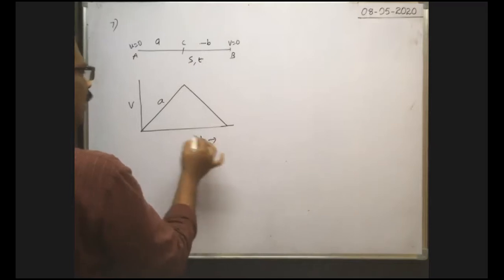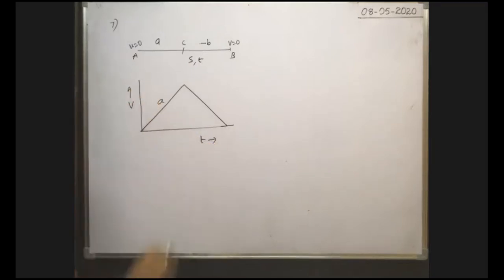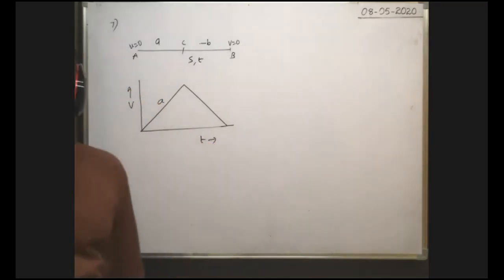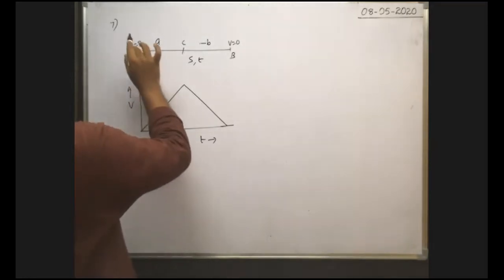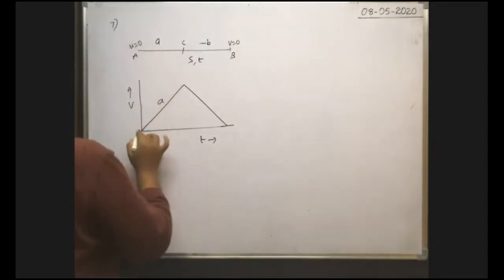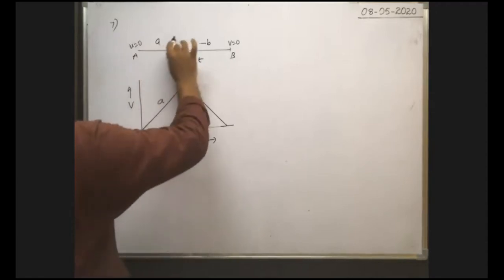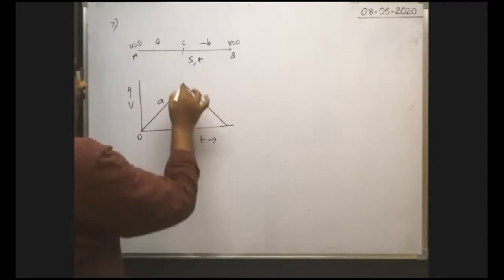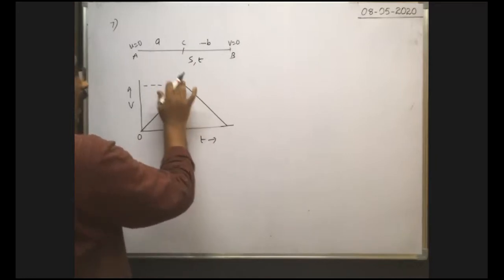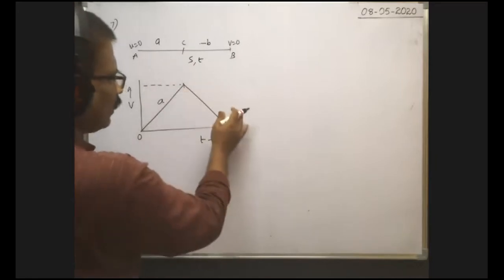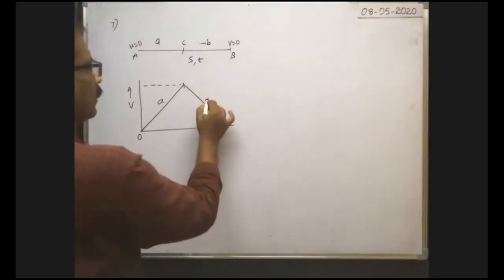Okay, if you draw the velocity time graph, definitely you will get the graph like this. At first, from t is equal to 0, the body starts from rest and moves with an acceleration for certain time, and it acquires some velocity. Whatever the velocity, we don't know, but it acquires some velocity. After that, it travels with the deceleration and finally comes to rest. That's why deceleration is minus b.